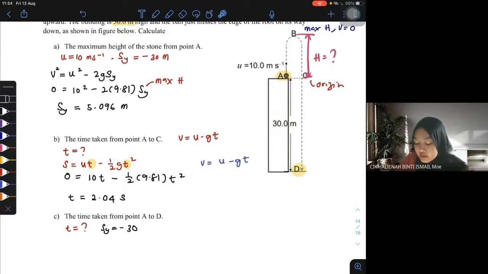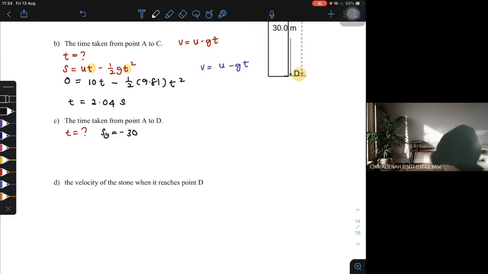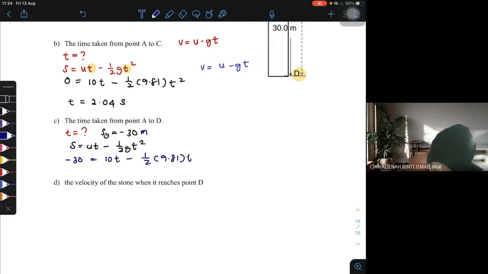Okay, tetapi by concept kamu tahulah, kalau by concept displacement tu dia naik ke atas, turun balik ke bawah, still dapat 30. Tetapi kalau distance, dia tidak akan dapat 30 sebab distance kita ignore the negative value. So always remember S adalah displacement. Okay, so just masukkan S UT minus half GT square. So you put negative 30. U adalah 10 minus half GT square. So you will get T is equal to